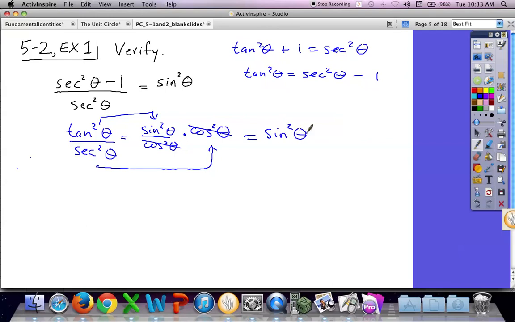Right, so we worked on the left side, the more complicated side, and we made it look like the right-hand side, and check. We verified the identity. That means this is true for all values of